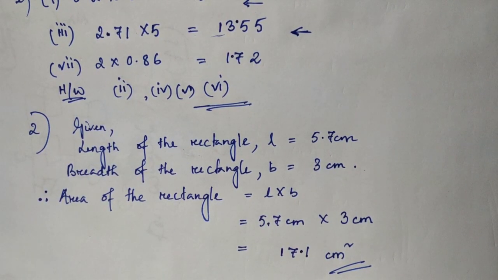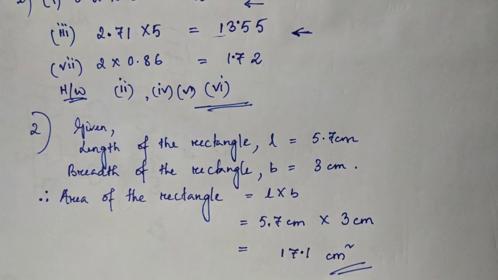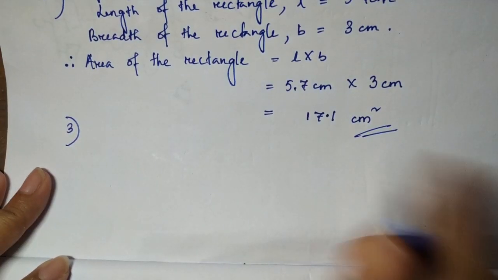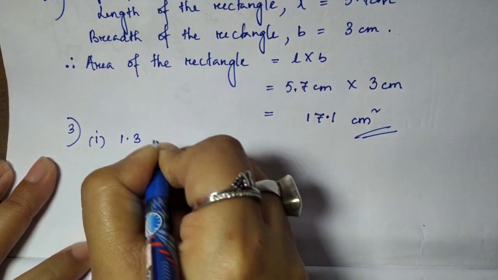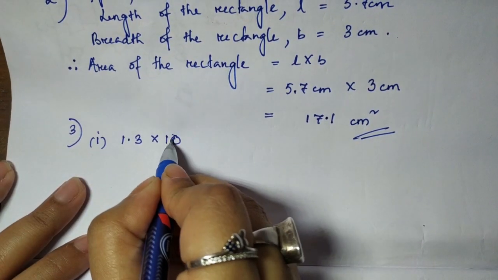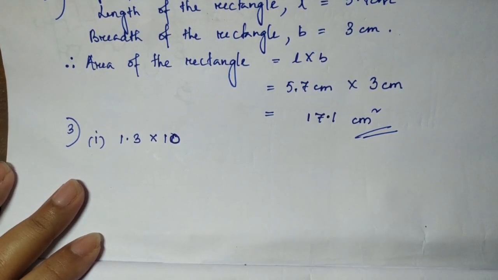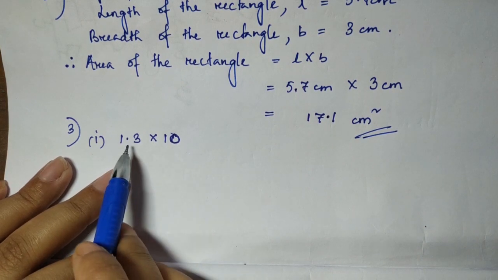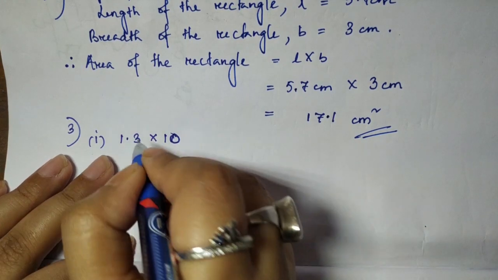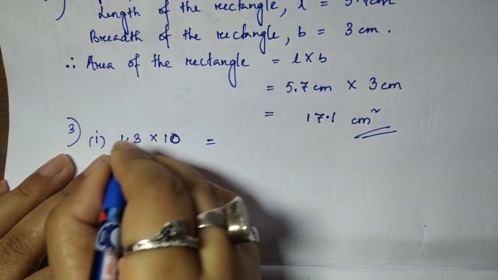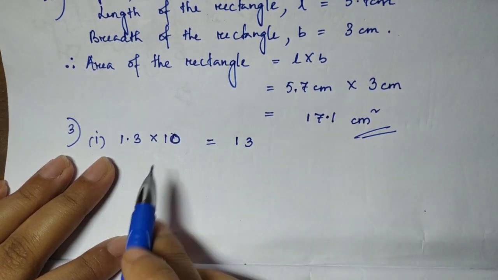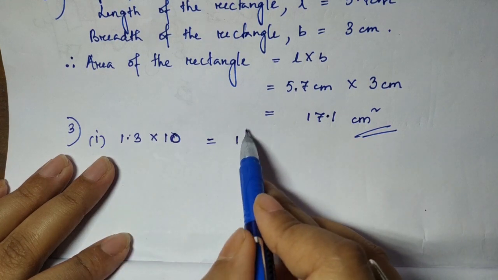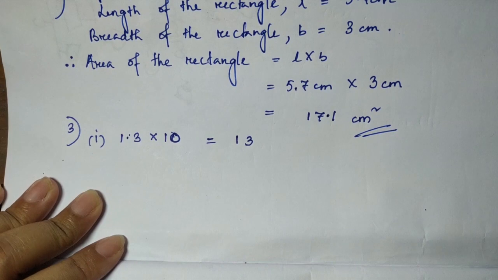We can see there are several numbers which are multiplied with 10, 100 and 1000. In question number 3 it's given find, and number 1 is given as 1.3 into 10. Now, multiplication with 10, 100, 1000 is very easy in case of decimals. You have to see how many zeros are there. 1. And so the point will shift towards the right that many places. So you first write the number without the decimal, 1 3. So the point goes after this. 13.0 means 13, so you keep it this way.